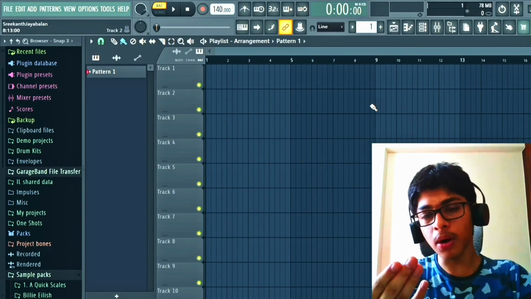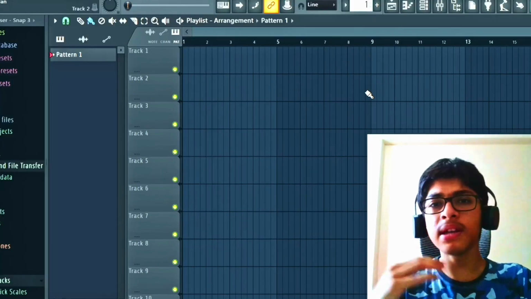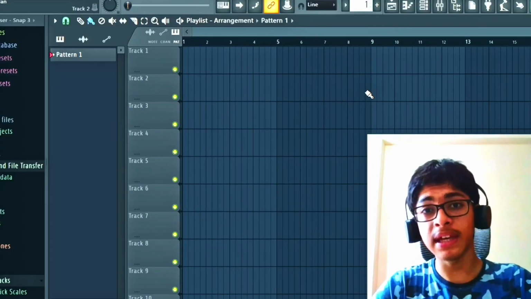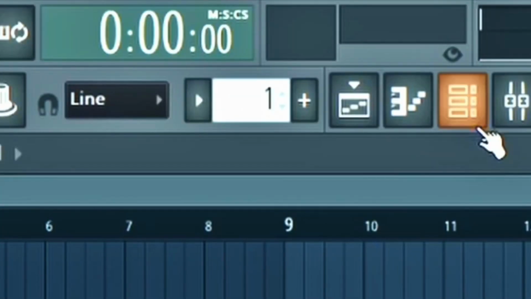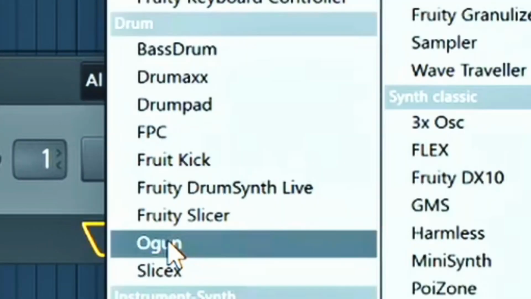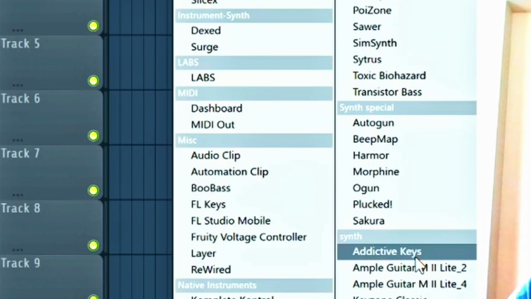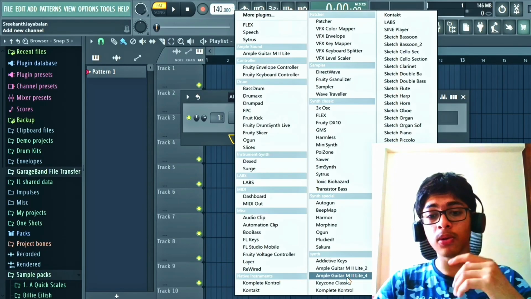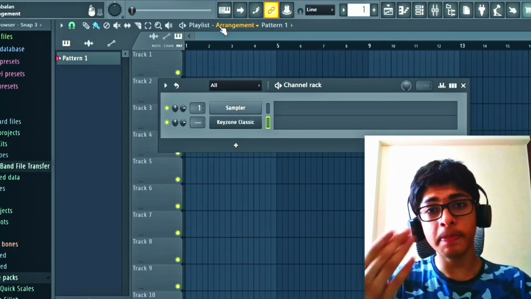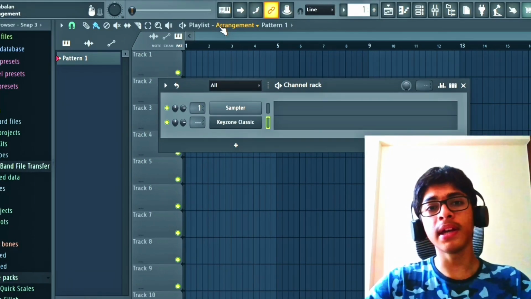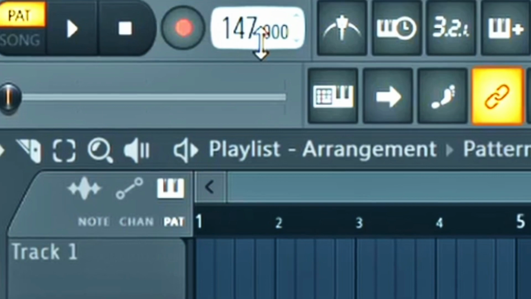First off, since Rod Wave is an emotional rapper, we need a deep and full sounding piano that he can rap along to. So first up, I'm going to find a piano. Going into the channel rack where we can find the instruments, go plus. I'm going to find a piano that we can use. I'm going to go into a VST called Keyzone Classic. This has a lot of piano sounds. Furthermore, these beats are usually quite fast, so I'm going to increase the tempo as well to about 160 or